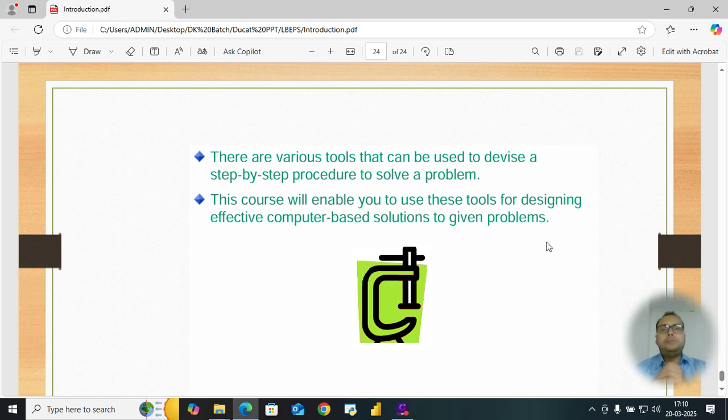So before going for any programming language, make sure that you know logic building and effective problem solving. That is a part of DSA, data structure and algorithm, right? Normally some students directly learn a programming language, which is not good. First of all, you should go with the foundation basics. Once your basics are strong, then you can move forward to any programming language and you are able to